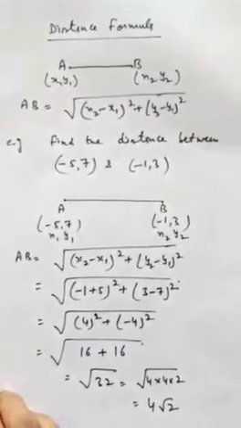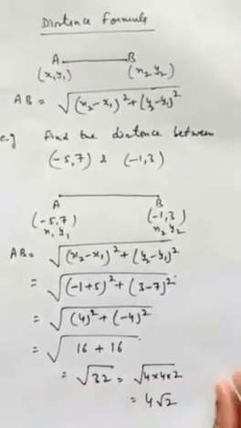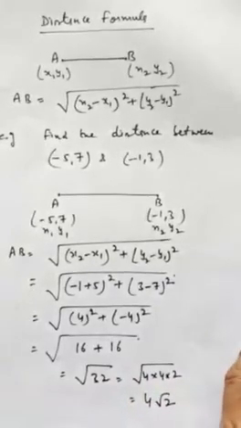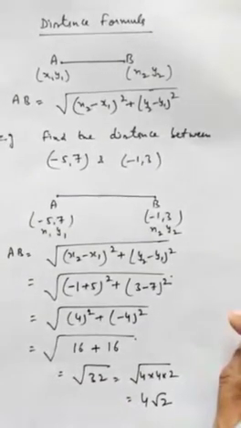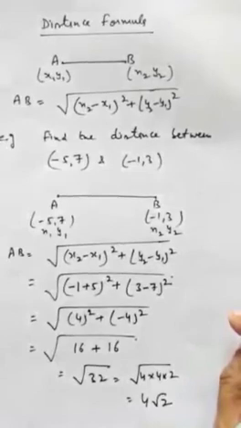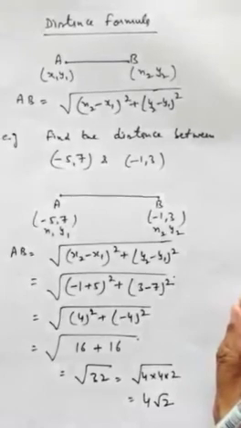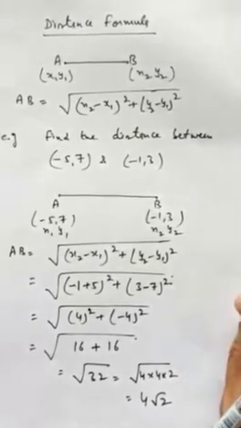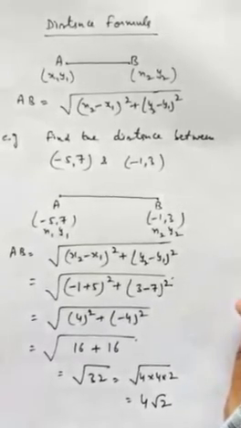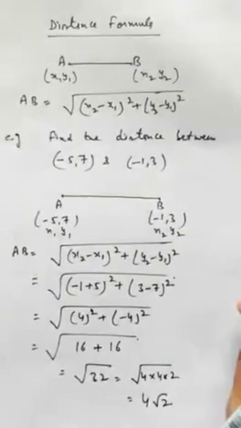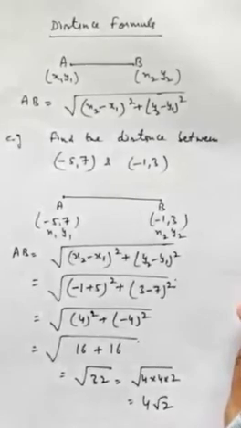So in this chapter, first of all we will learn how to apply the distance formula. If I have 2 points, A with coordinates (x1, y1) and B with coordinates (x2, y2), then the distance formula will be applied to find the length of AB in the form under root (x2 minus x1) whole square plus (y2 minus y1) whole square, where (x1, y1) are the coordinates of A and (x2, y2) are the coordinates of B. Let's take one example to apply the formula.